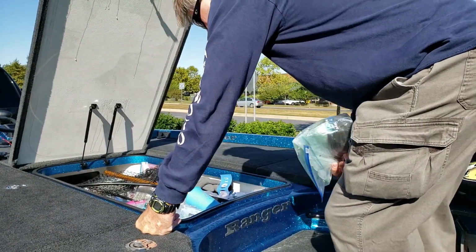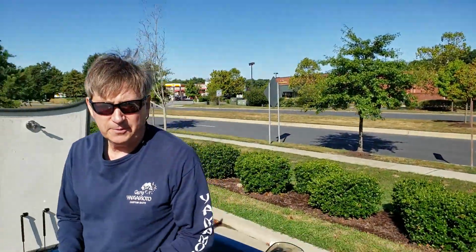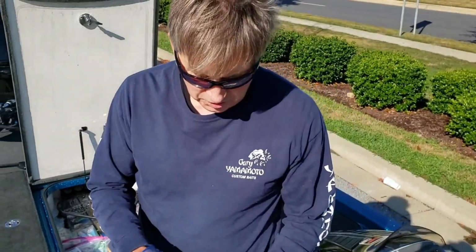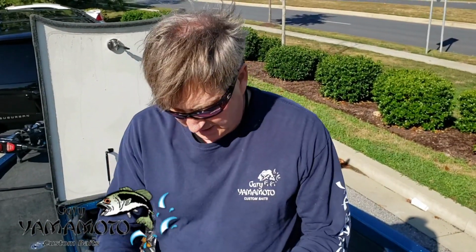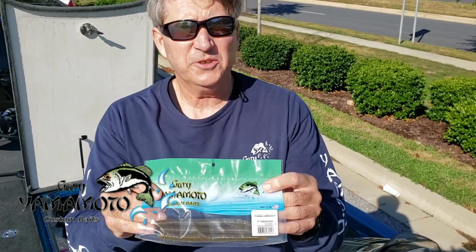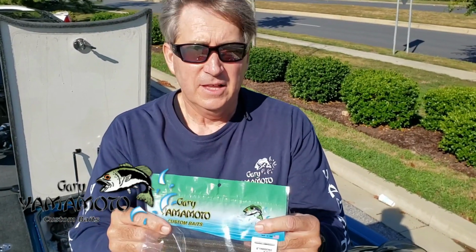And I do want to tell everyone, I caught every bass in my tournament on a Gary Yamamoto Senko. And here's my pro's pointer. This is really key for all you that love to fish Senkos out there. What I'm about to show you here is the 6-inch Senko. And why is this key? Well, yesterday when the wind started to howl and it got very hard to throw the 5-inch Senko,